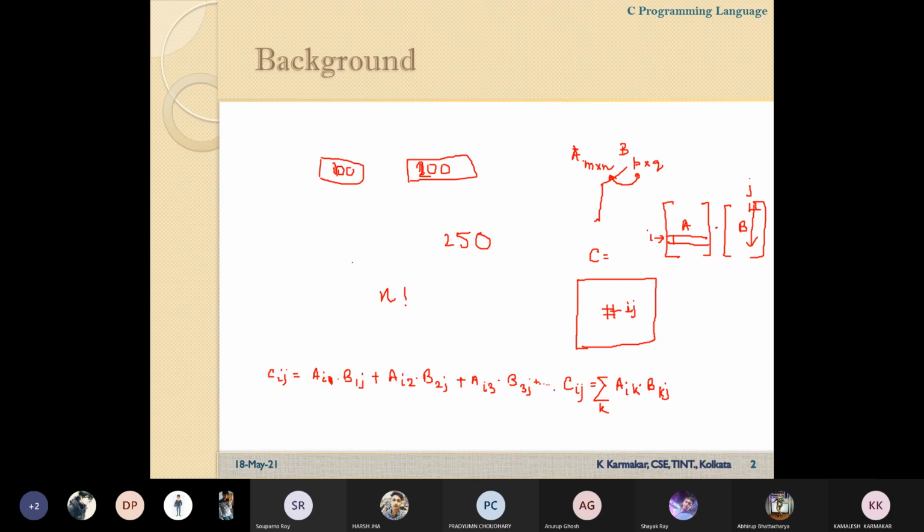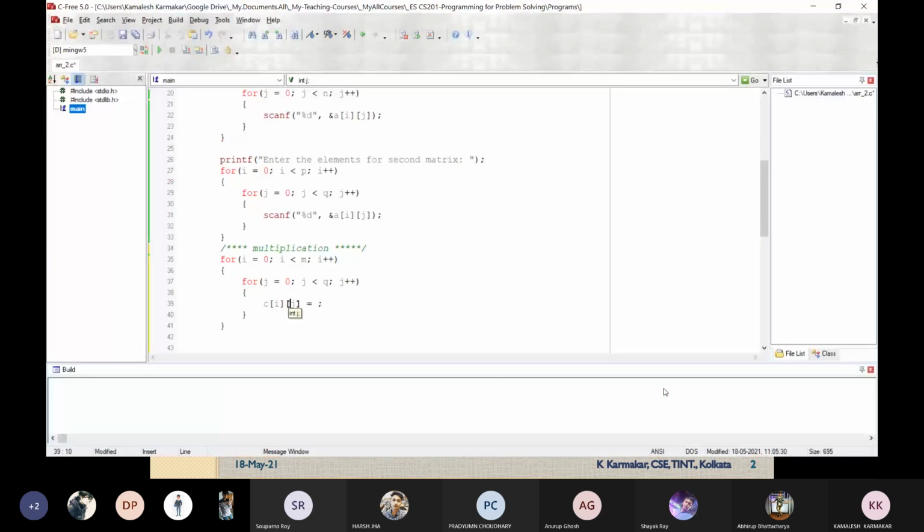In that way, how long will it run? The dimension of A is Mn, so the last element will be Ain multiplied by Bnj. So we have to multiply the elements of the matrices n times. So to calculate Cij, I need another loop.